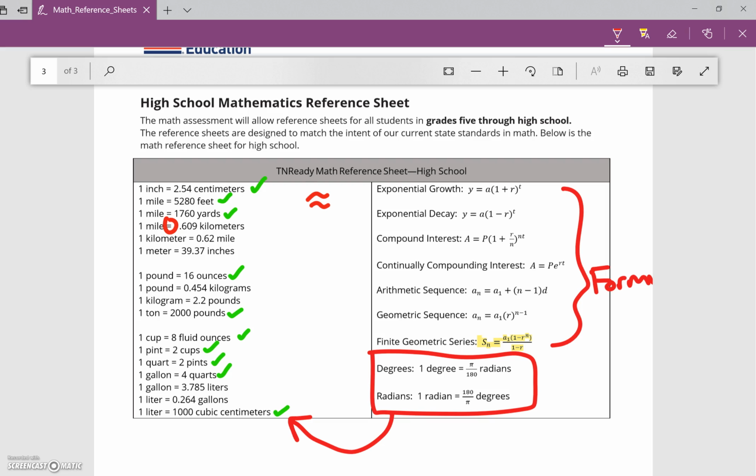In the first one, 1 mile, 2.609 kilometers, that's accurate to the thousandths place. What about on the next line? The next line says 1 kilometer equals 0.62 miles. Well, that's accurate to the hundredths place. Why are we accurate to the hundredths place on that line, but the thousandths place on the other line? What about the next line? 39.37. Well,